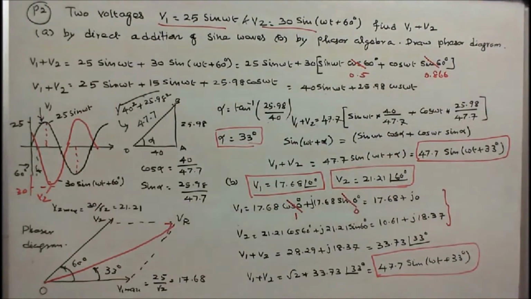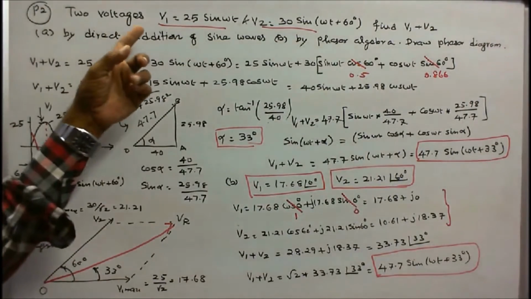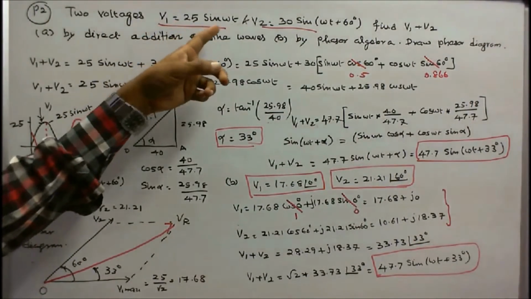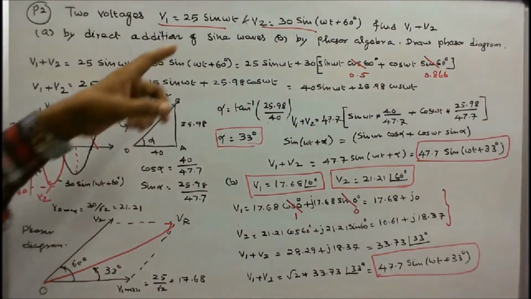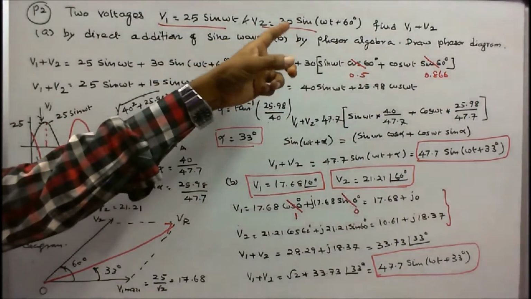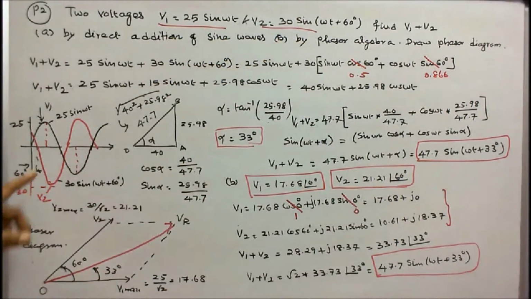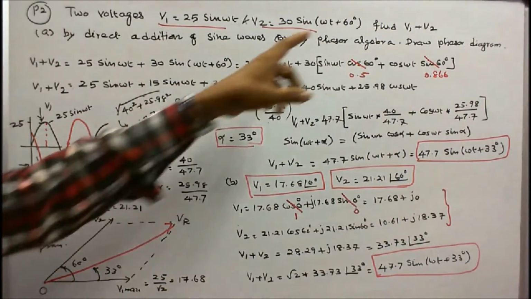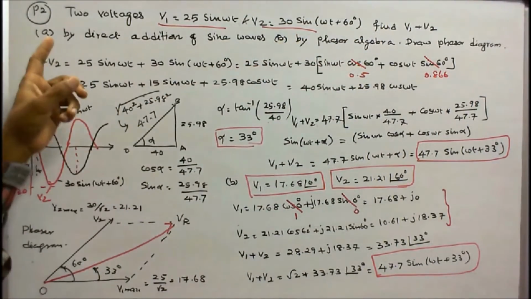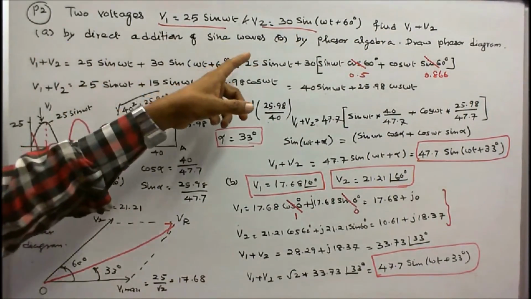Problem number 2. Two voltages. V1 is equal to 25 sin omega t. Here black color waveform is V1, 25 sin omega t. V2 is equal to 30 into sin (omega t plus 60). Red color waveform is V2. This is 30 into sin (omega t plus 60). Find V1 plus V2